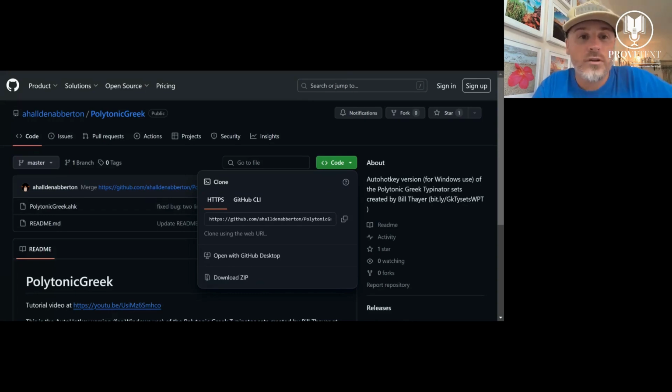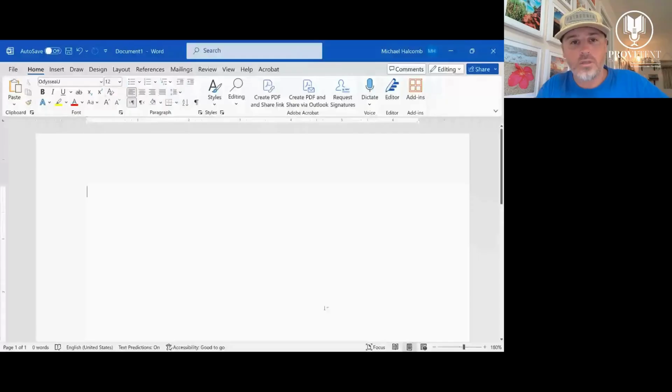All you have to do then is open up Microsoft Word, and it's going to work right inside Microsoft Word for you, which to me, this is the best one because I use Microsoft Word a lot, and I can just do it natively. I don't have to open the command line. I don't have to do the hopperizer, although that one's pretty easy. But I can show you here. I'm right inside Microsoft Word. I got my Greek keyboard installed, got it set up, and all I got to do is start typing Greek, and boom,